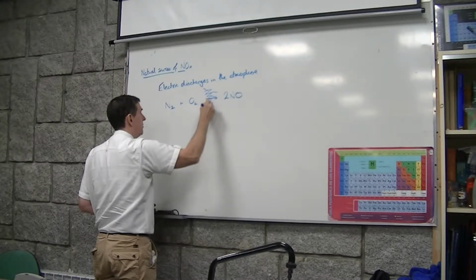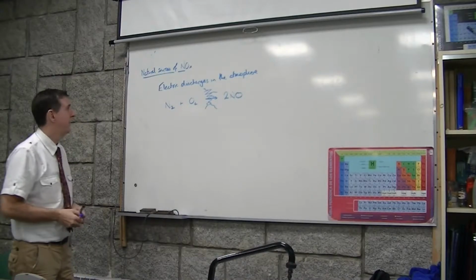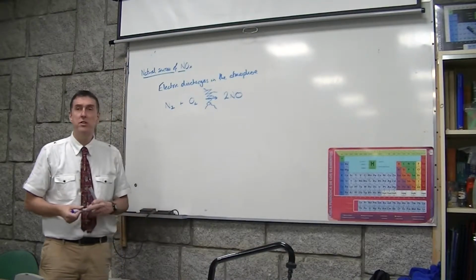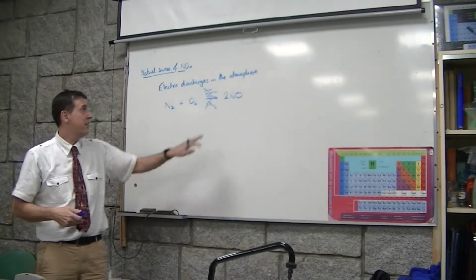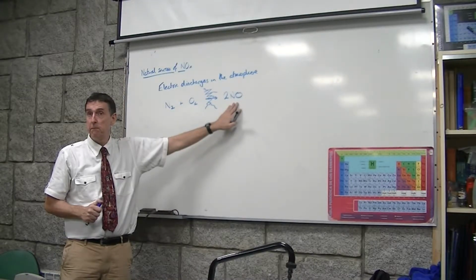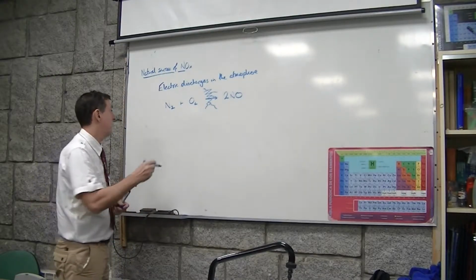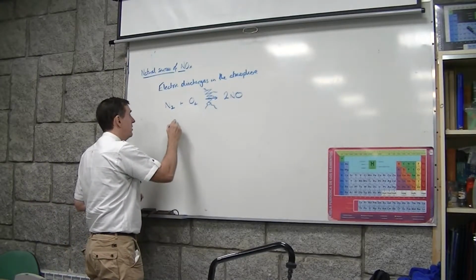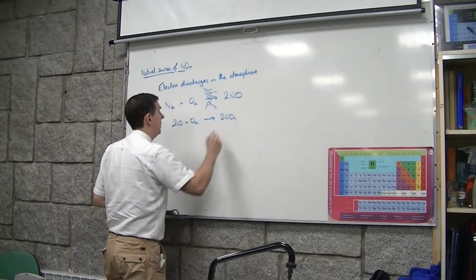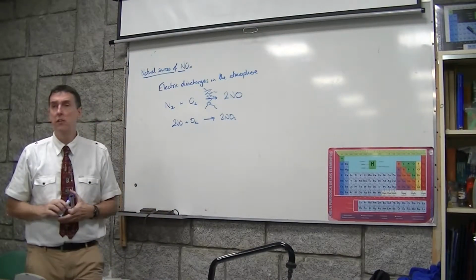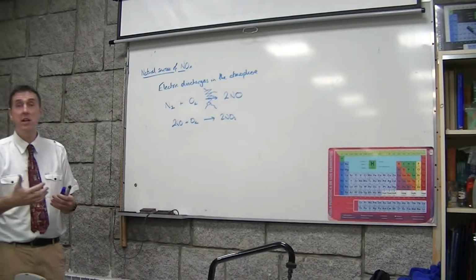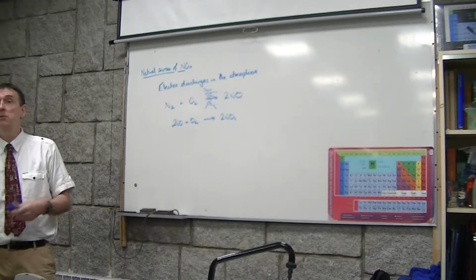This is my pathetic attempt at drawing a lightning bolt. Electrical discharge in the atmosphere will bond nitrogen and oxygen to make NO. This isn't an acidic gas though, is it? So what's the problem with NO? That it will bind with oxygen. It will immediately react with the oxygen in the atmosphere. So 2NO plus O2 will give 2NO2, and then we're off, and that can then dissolve in the moisture in the atmosphere to make nitric acid, nitrous acid. The nitrous acid can react with the oxygen in the atmosphere to make more nitric acid.